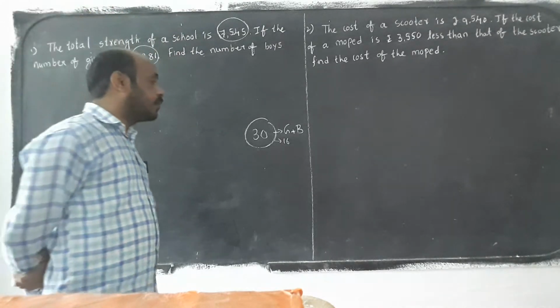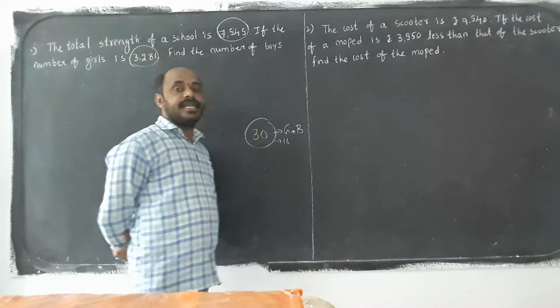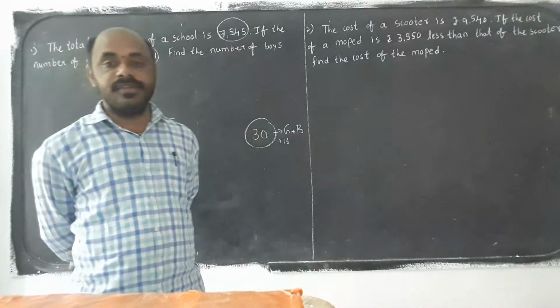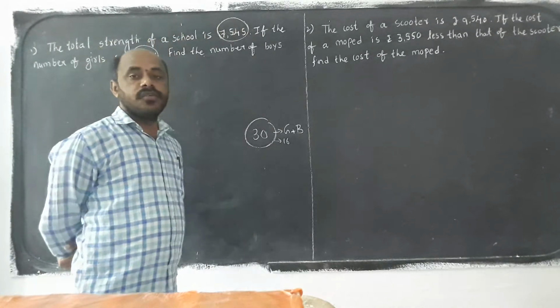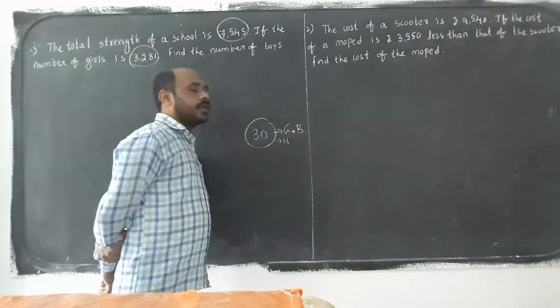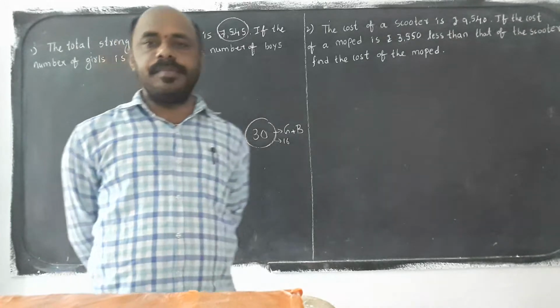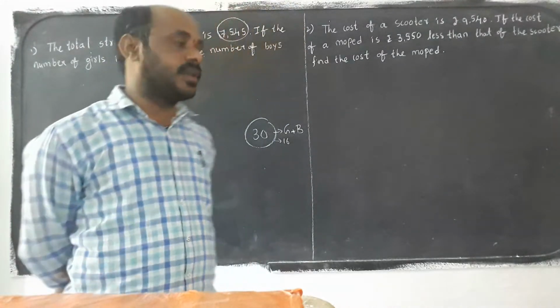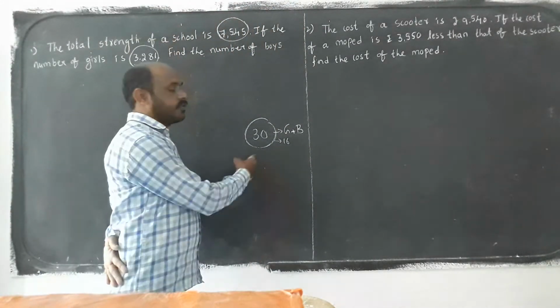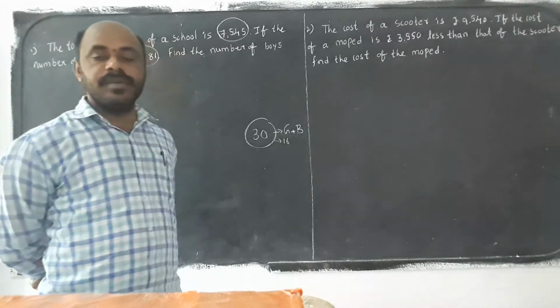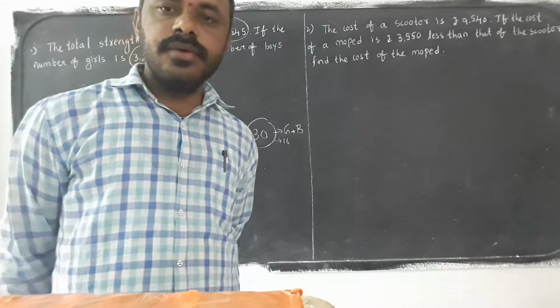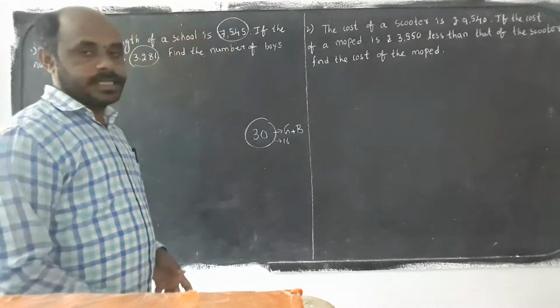What do we have to do? Count 16, then 17, 18, 19, and so on until it becomes 30; how many fingers did we use? It will be 14. Not like that. In the first and second classes we use fingertips, but in the fourth class we have to do subtraction directly. 30 minus 16 is 14. So 14 is the strength of the boys.